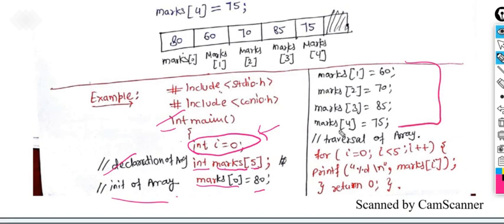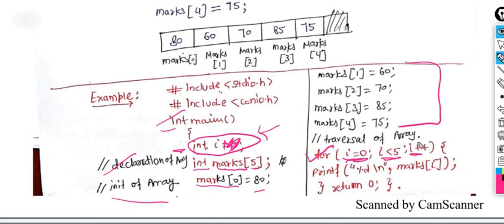Now we have to traverse all the array elements. Whatever we have stored in the array, now we want to access it, right? With the help of a for loop, our task becomes easier. Why? As I have already told you, either you can declare it here or here, otherwise it may show you a multiple declaration error. If you are not initializing the value of i equal to 0 here, you have to initialize it over here. It's up to the user. You can take anything, okay? So from 0, and the condition is less than 5, that means up to 4 you have to go, by doing the increment of i.